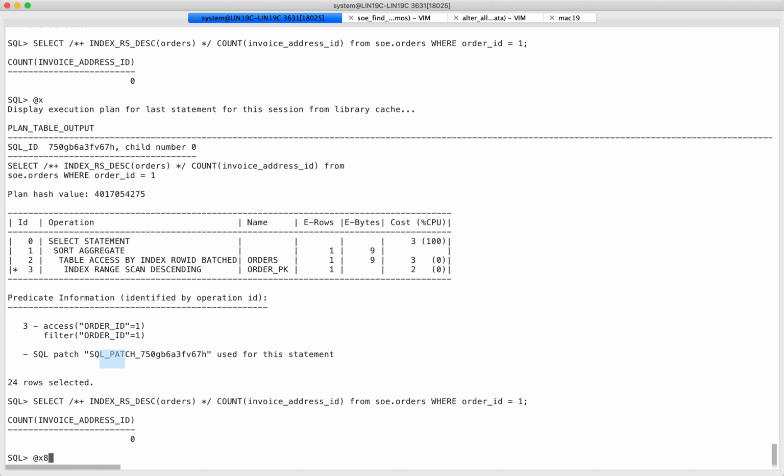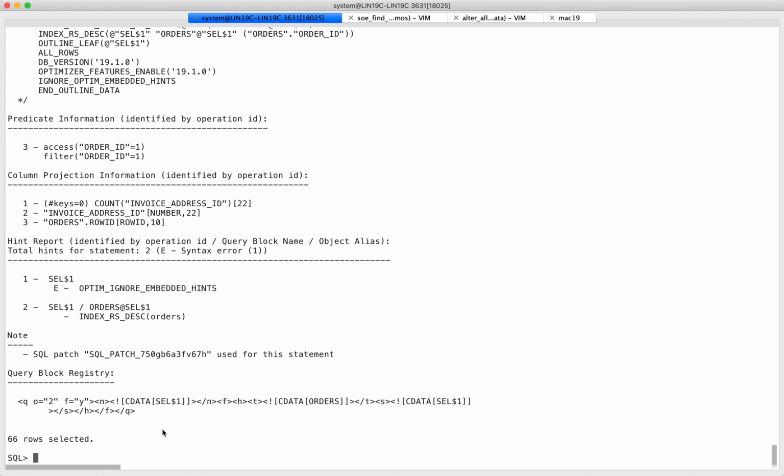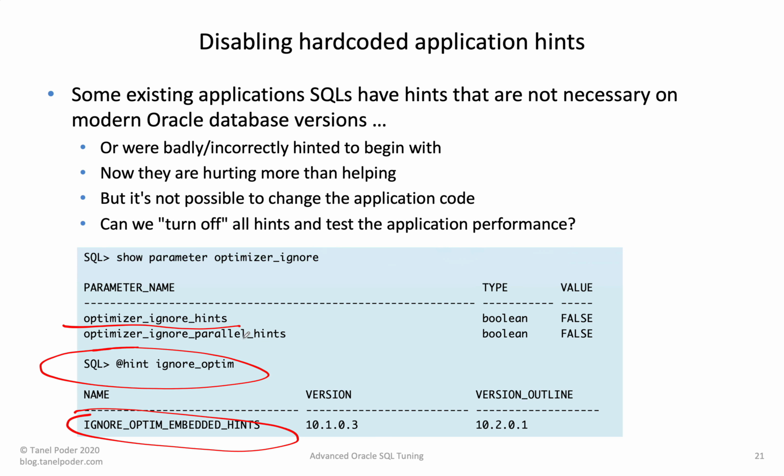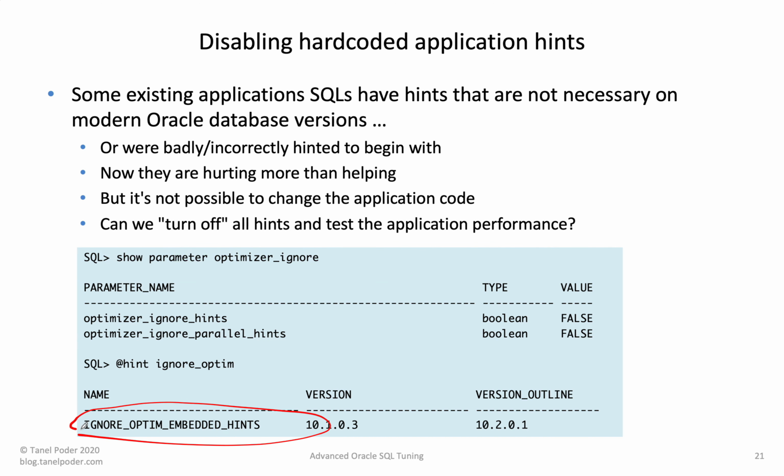So let's use the patch. There is a syntax error. Optim ignore embedded hints, so that was ignored, and then the optimizer came up with this. The optimizer still used my hint here because this thing was not recognized. Ignore optim embedded hints. So, I just failed rule number 2 of my levels of invalidity,